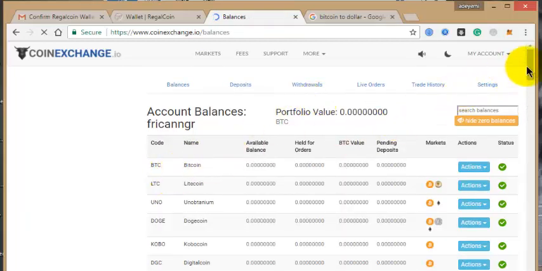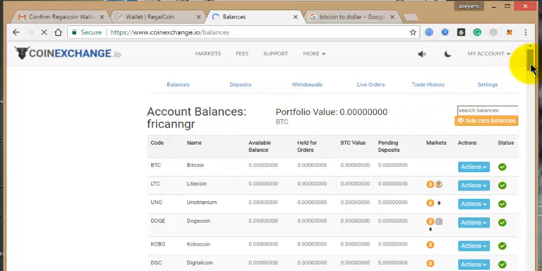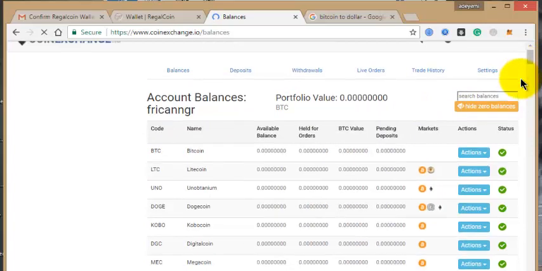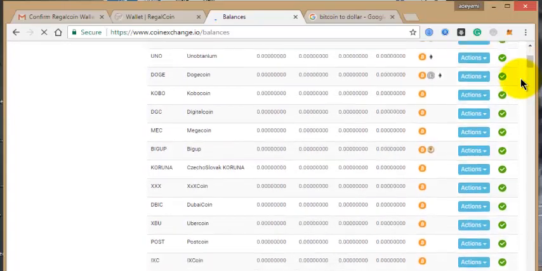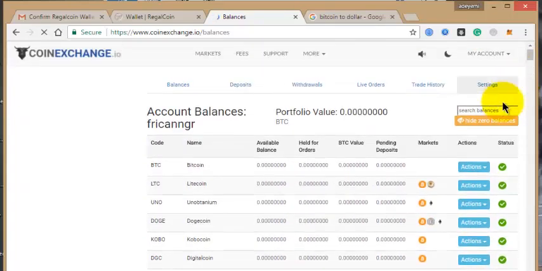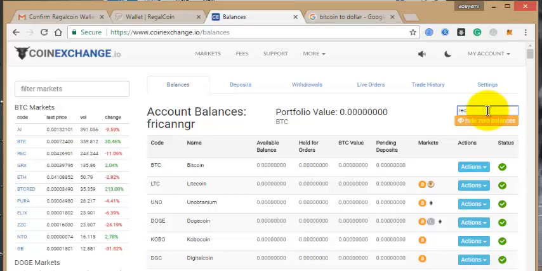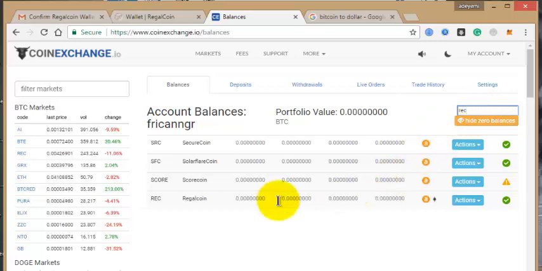So once you are here, you just need to scroll down to see your coin. Okay, you might not see it like that. What you need to do is just to type it here, reg.